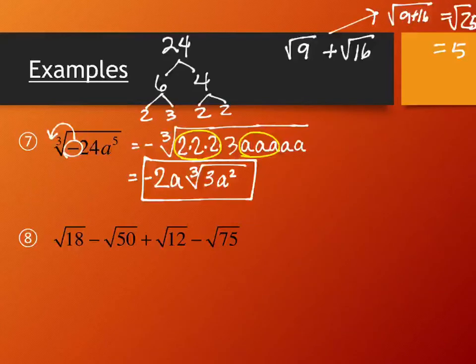So if I were able to mush them all underneath the radical, I would get the answer of 5. But what is the square root of 9? 3. And what is the square root of 16? 4. And 3 plus 4 is most definitely not 5, right? So it is absolutely not true that I can simply push them all underneath the same radical. I will not get the same value. So the best and only thing I'm left with doing is individually looking at each one of these radicals and